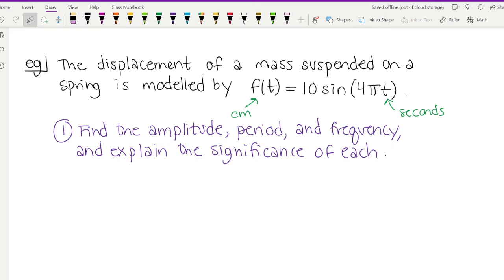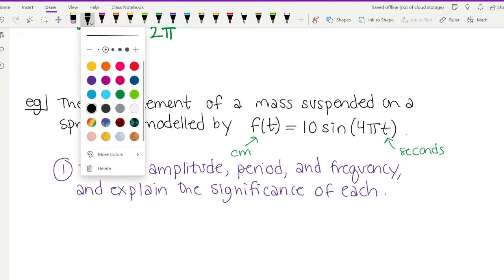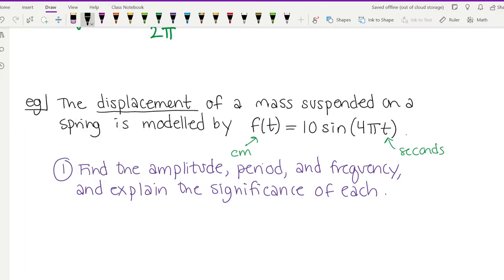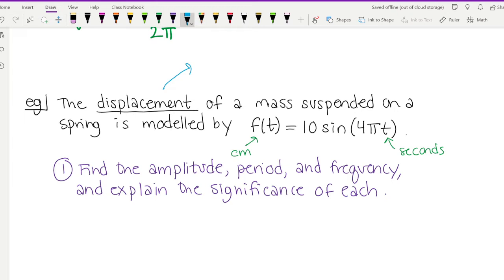Okay, so in this case, we're given the equation, and actually there's one other thing I need to define here. There's this word displacement. Displacement is a word that if you take a physics class, you'll definitely see, and you'll definitely see it in calculus. Displacement is basically the same as distance, except that it can be positive or negative, right? When we're talking about a distance, you're generally just talking about positive. You don't say, oh, my friend lives -2 miles away from me. You just say 2 miles. With displacement, we're keeping track of direction. When something moves in one direction, it's counted as positive, and if it moves in the other direction, it's counted as negative. So displacement is like distance,